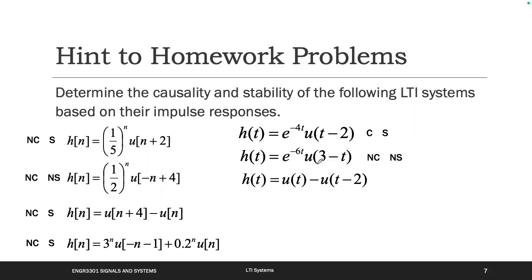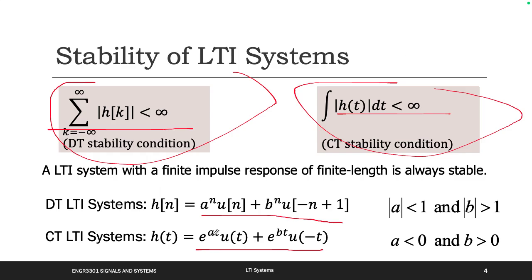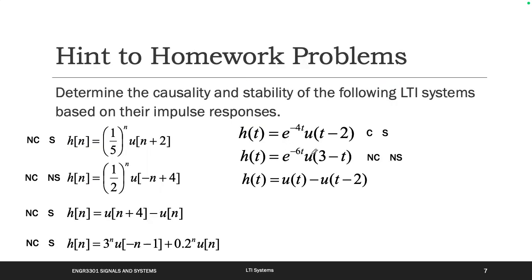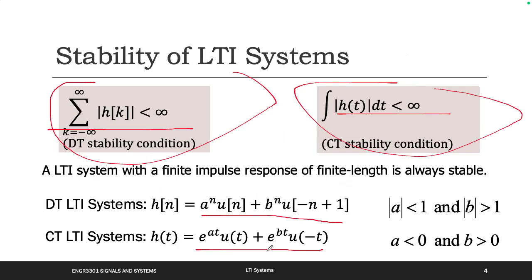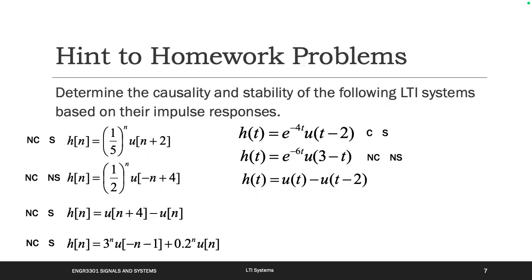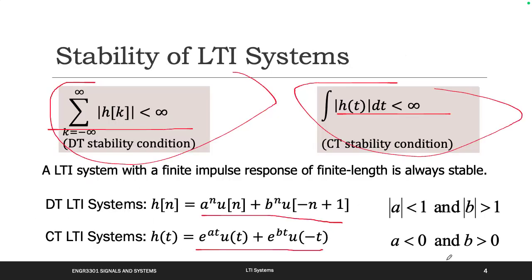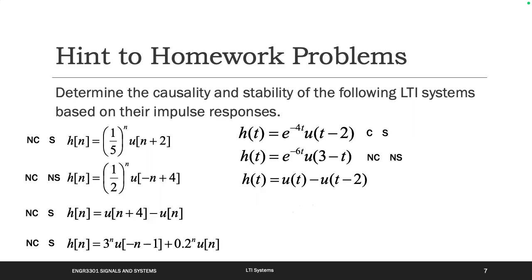How about this one? If you want to use this equation, what's the a here? What's the b here? It should have an exponential part, but there is no exponential. So what does that mean? What's the a value? What's the b value? Should be 0. Yeah, which means a is 0 and b is 0, am I right? And actually, sometimes if you cannot use this equation,